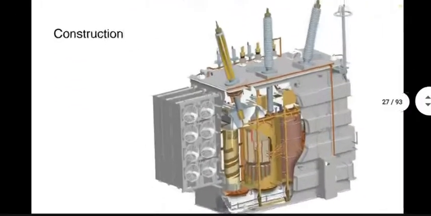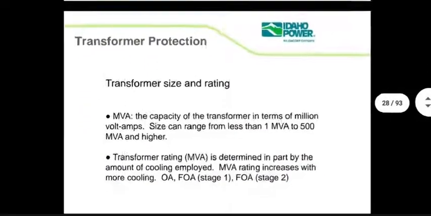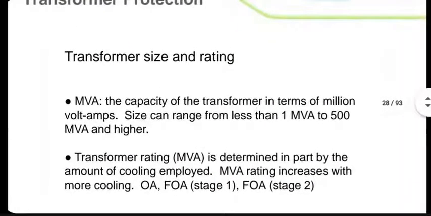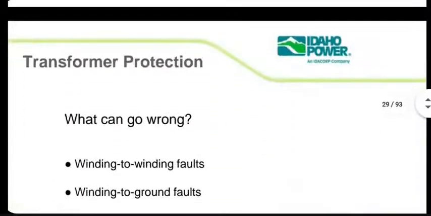Protection, a lot of things. Yeah, this is something that we have already gone through. What are the problems? Yeah, what can go wrong? That's the issue. Winding to winding faults. Okay. Short circuit between the windings or winding to ground. Again, similar to transmission lines. Bushing faults is another thing. That's mechanical side of the stories. Let's not get too much into it. See, here they're showing the result of a fault. Smoke, fire coming out.